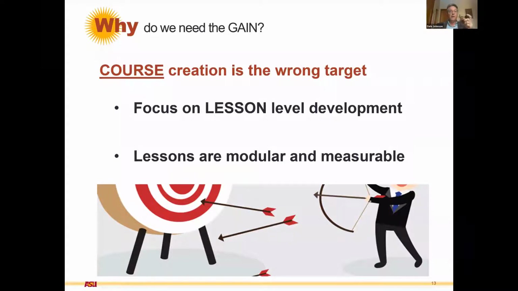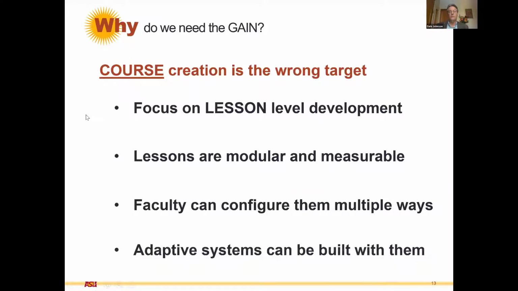Now, we've heard about micro-credentials. We've heard about the growth in all kinds of different certifications and different levels of instructional offerings. The lesson is the heart of all of those efforts. Without that model, we won't be able to successfully deliver on the promise of micro-credentials and other things. And we want to be able to configure them, right? We want faculty to be able to have flexibility so that they can adapt to their needs. So we're shattering the MOOC, we're dividing it up, and we're reassembling it.